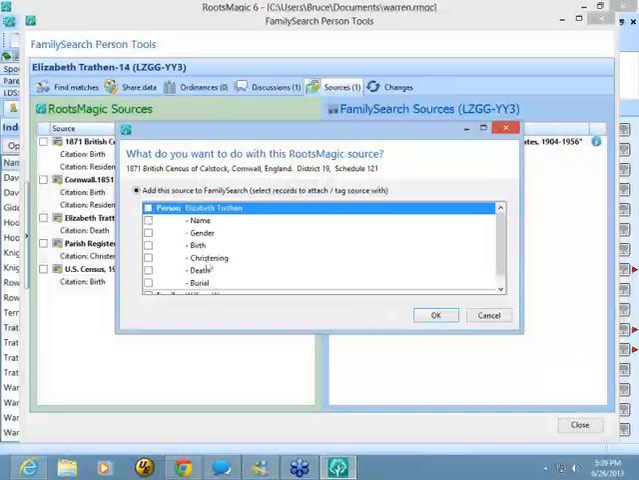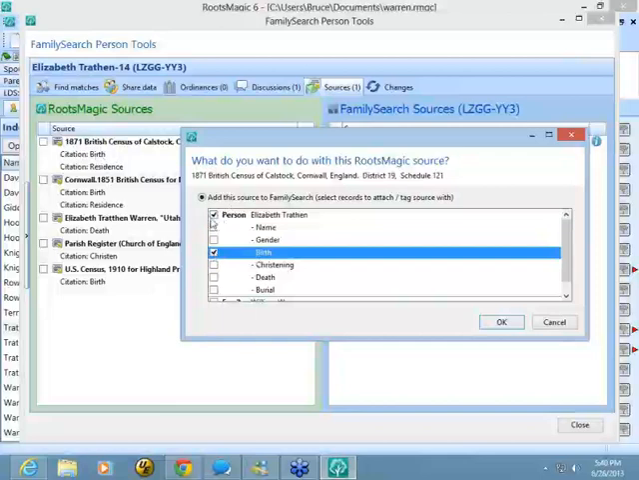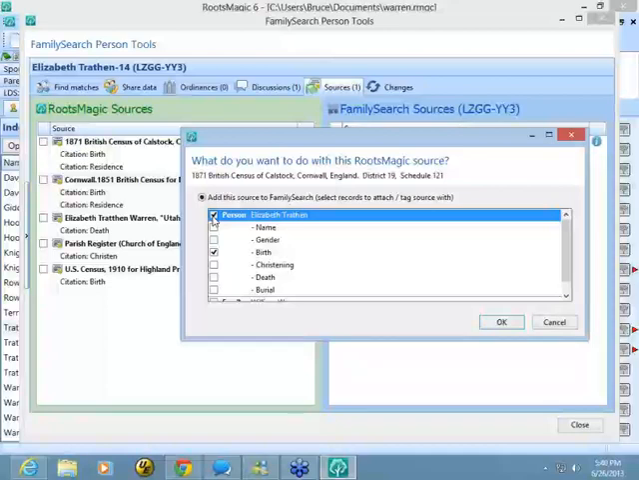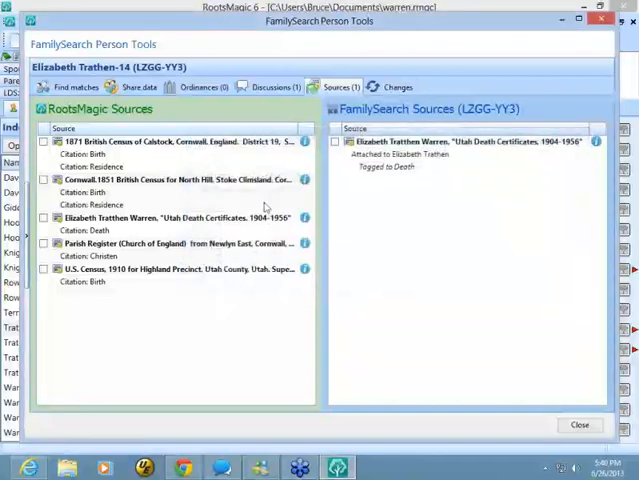On the other hand, say I wanted to add that source, because in RootsMagic I have it cited to his birth, I can click on birth. Now you'll notice when I click on birth, it automatically checks person, because in order for it to be tagged to the birth, the source actually has to be attached to the person. So RootsMagic's going to tell me, okay, yeah, we got to attach it to the person in order to tag it to the birth. If I say, no, I don't want it attached, then it's not going to let me tag it because it's not possible. So RootsMagic's taking care of all of that as well. Okay, so that is how to move sources back and forth between